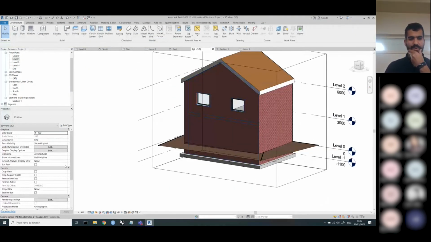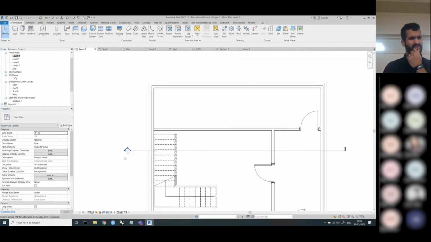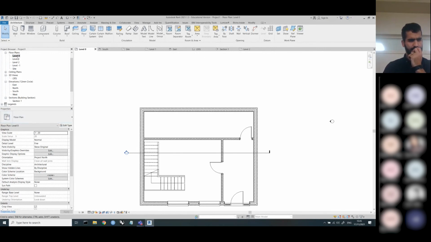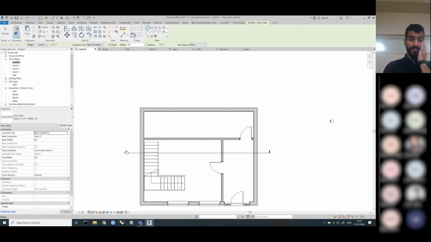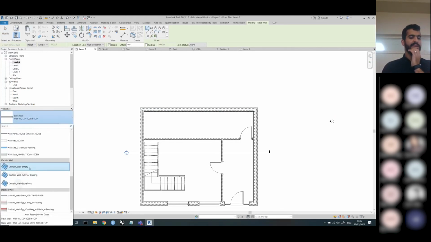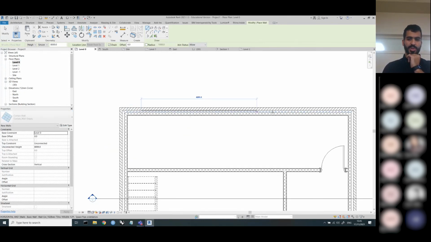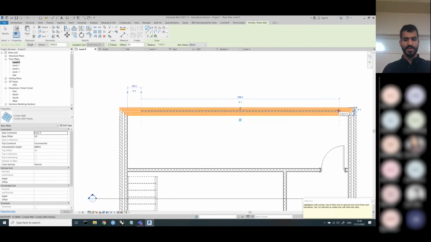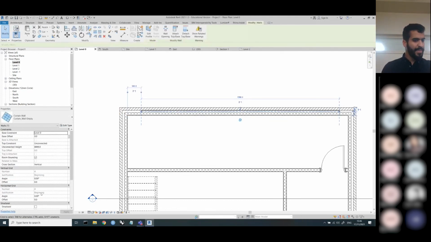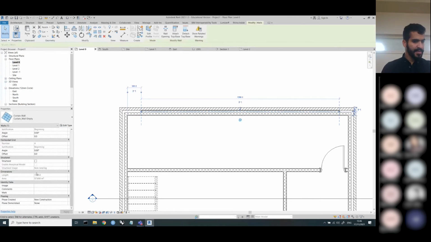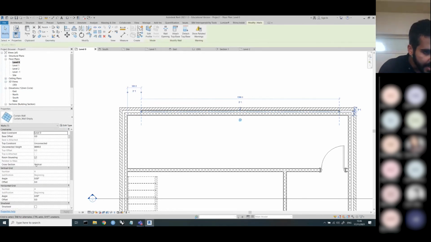Cool. Just want to show you one more thing, which is curtain walls. You'll use them a lot in Revit. So if I go level 0, let's say I want all this space to be glazed. So what I can do is go on wall. Underneath here, I can click on a curtain wall. Then I can draw a wall here. There's 2 ways of doing this. I can embed, so I can draw a wall, and if my memory serves me correctly,